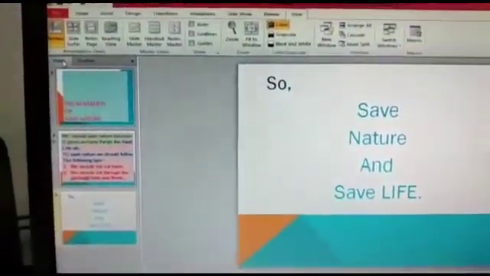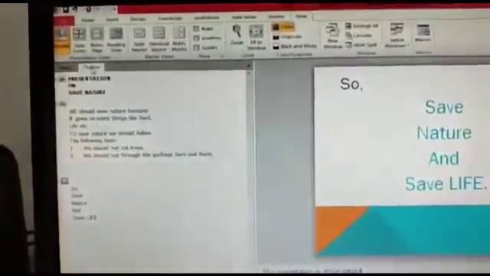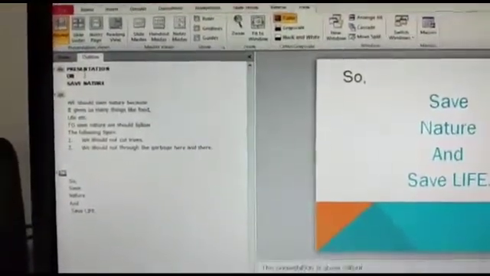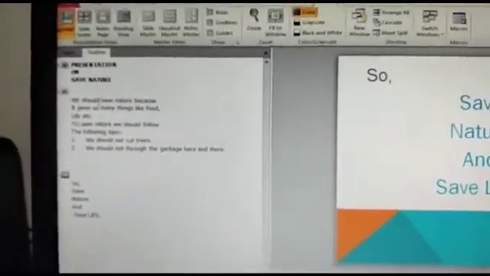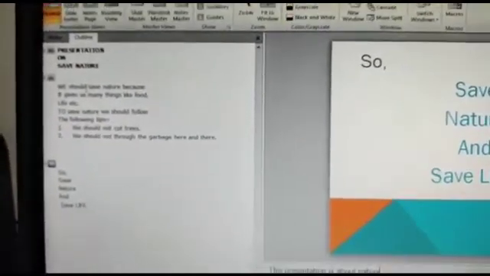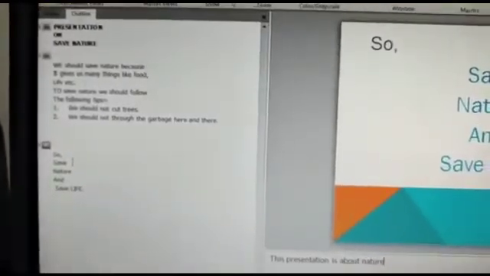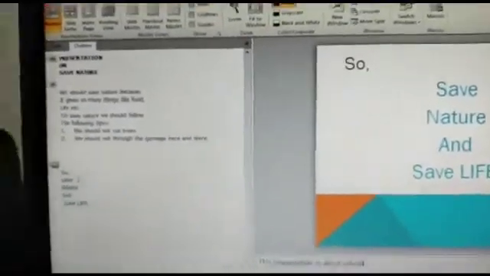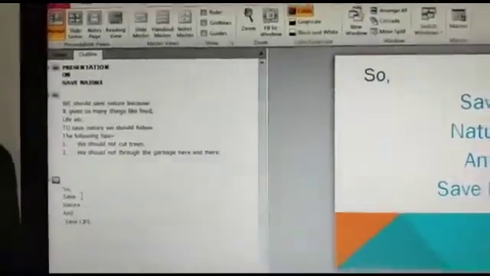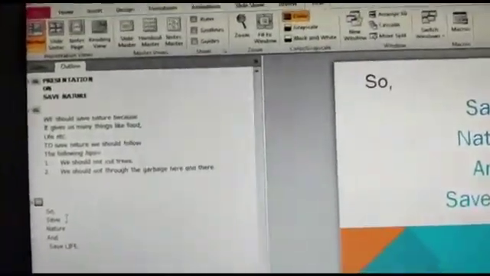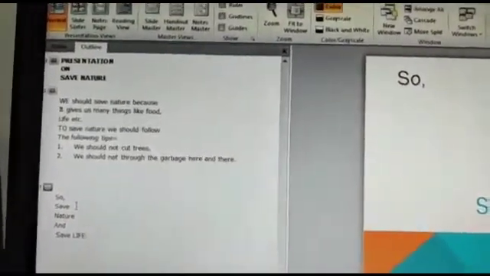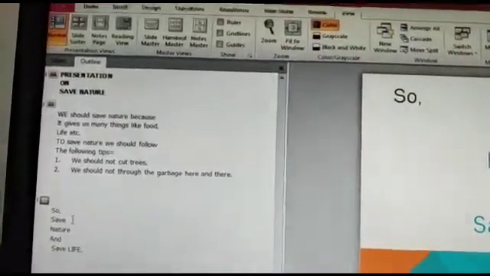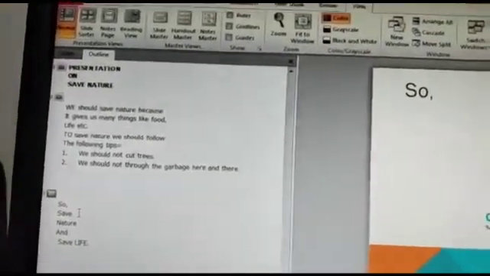Now the next is your outline tab. You see here, this is your outline tab. Click on this outline tab. Suppose the first slide of our presentation is on save nature. Second, we have how we will save our nature, so we have to write that content. And the third slide is save nature and save life. So whatever content you write on the slide, what does the outline view do? Outline view will replace the slide thumbnail pane. Our presentation will appear as an outline made up of the title and main text from each slide.